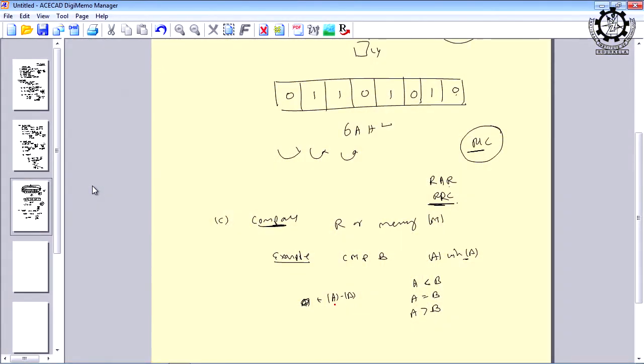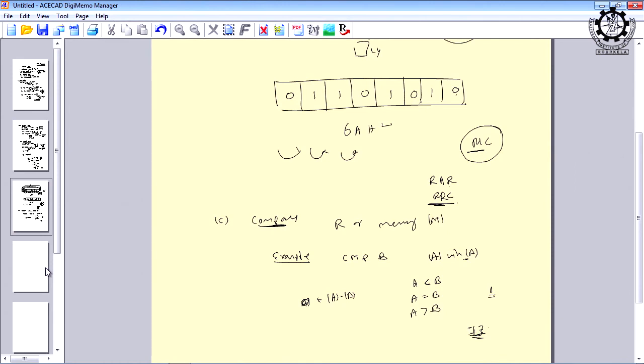But subtraction will take place. And after subtraction, suppose the contents of A and B are both the same, so the value will become 0. So, the zero flag will be set to 1, and if I check jump on zero, that means the condition value is 1, the zero flag is set, and from this condition we can jump to a memory location address or do some other task. Okay. Similarly, how to know A is less than B, which flag will be affected? The sign flag, because if A is less than B, you are subtracting a bigger number from a smaller number. So, the carry flag will also be affected, but that is treated as the borrow.